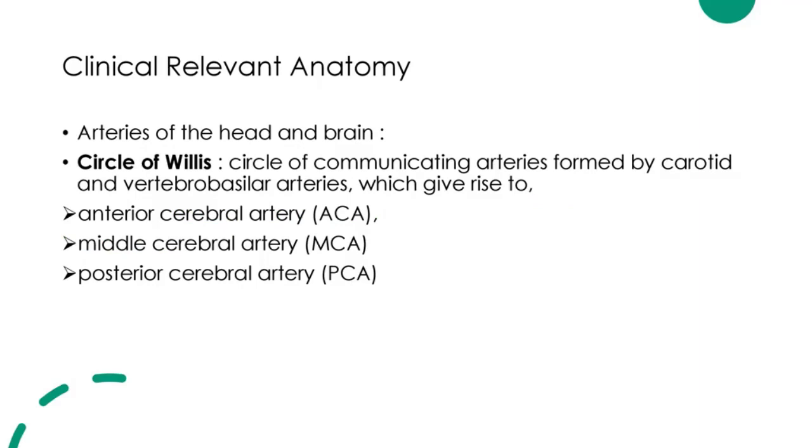And so when we're talking about the arteries, where and how do the arteries come from and supply the brain? The arteries that supply the brain come from the arch of the aorta. Aorta is the biggest artery that supplies blood to the whole region of the body. So the arch of the aorta gives two branches, carotid and vertebrobasilar artery. These two arteries go to the posterior segment of the neck, and they form a communication between them in a circular manner. That communication is called the circle of Willis, and this communication gives rise to three major arteries that supply blood to the brain or the areas of the brain: anterior cerebral artery, posterior cerebral artery, and middle cerebral